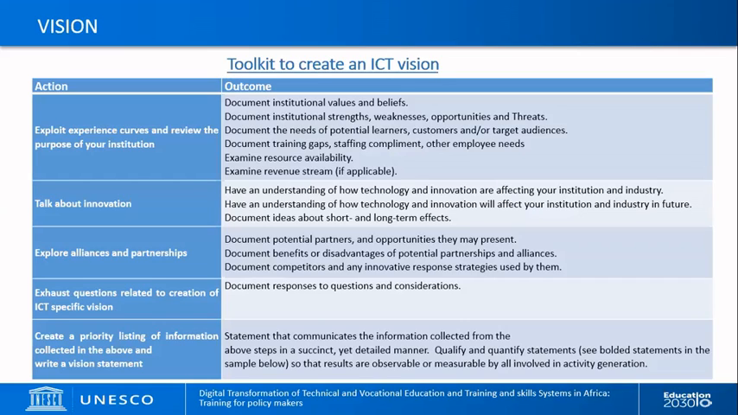Now, there is also a toolkit to create an ICT vision. The toolkit begins with an action, and then each action has an outcome. We need to first of all explore experience curves and review the purposes of our institutions. And what is the outcome when this is done? When this is done, the outcome are documents